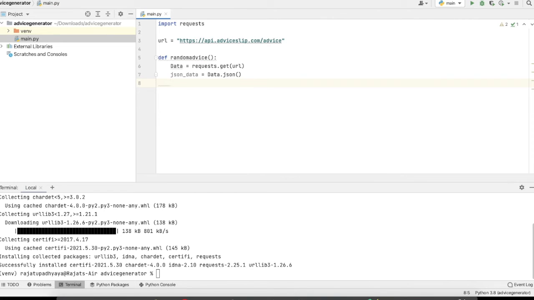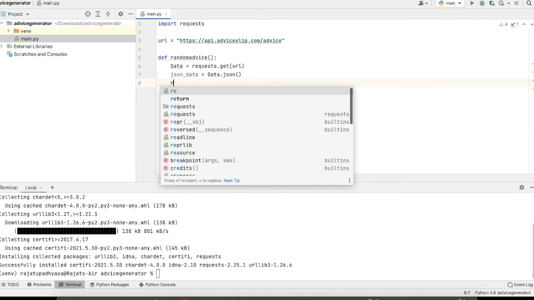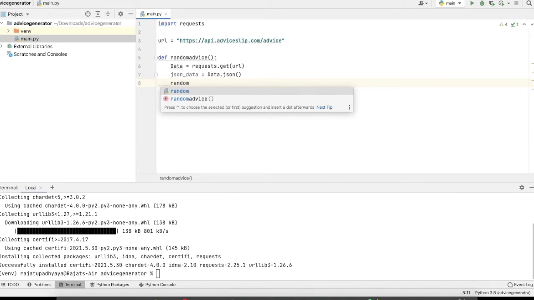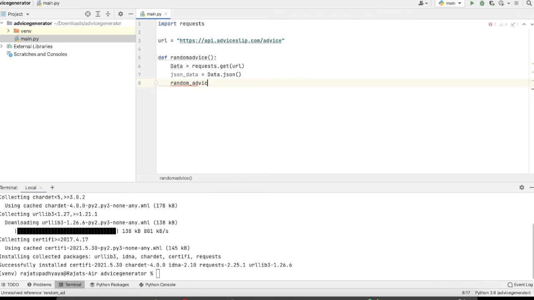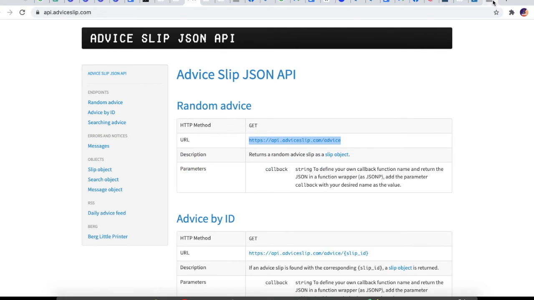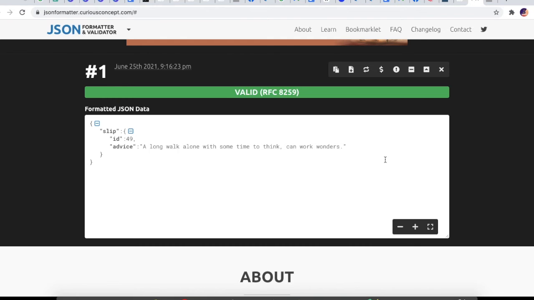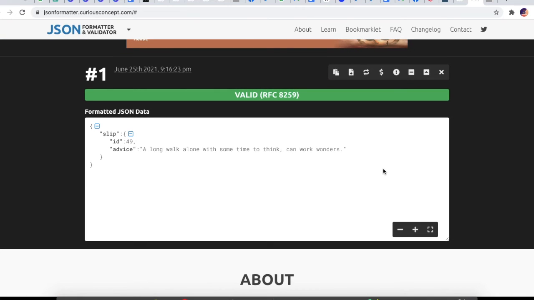So now we just need to fetch the random advice. Here in json_data, we just need to pass the key. For the key, we just need to see the structure of the data. According to the structure we will fetch the data.